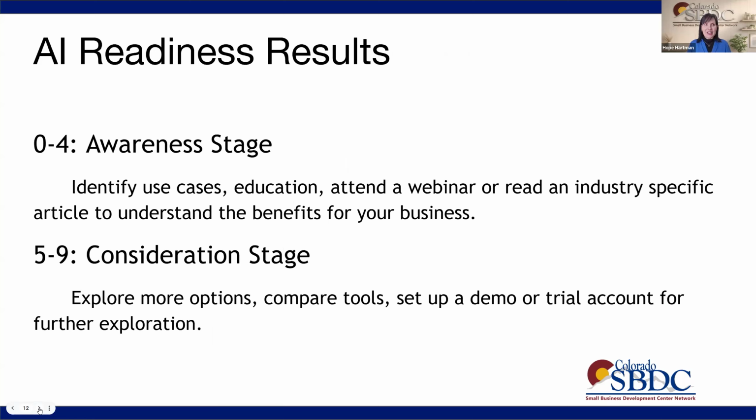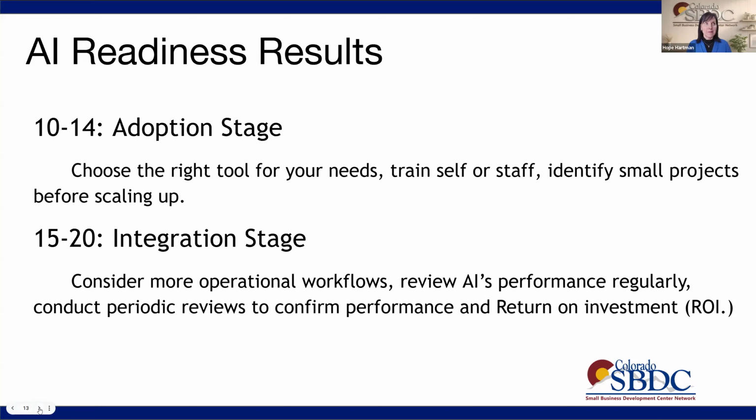5 to 9 points, you're at the consideration stage. So maybe you're exploring more options because you've started using something, you're comparing tools. Maybe you want to set up a demo or a trial account for future exploration for something that you're using at your business. 10 to 14 points, you are at the adoption stage,